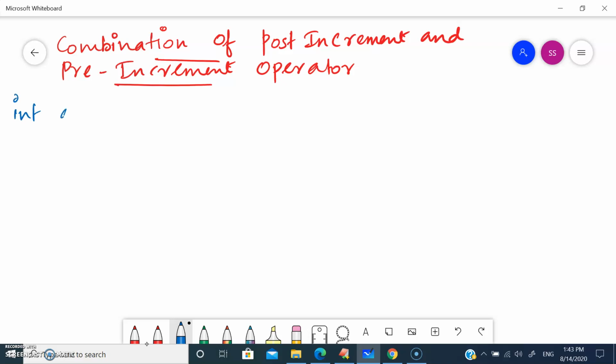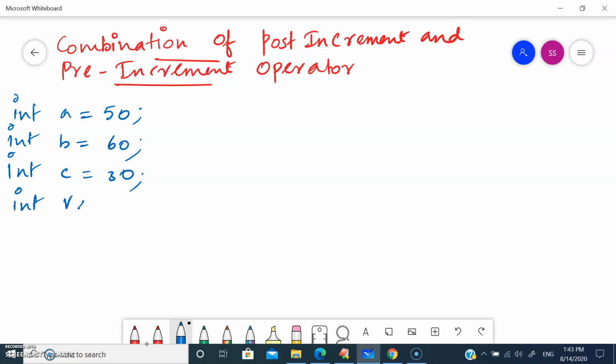So consider int a = 50, int b = 60, int c = 30.